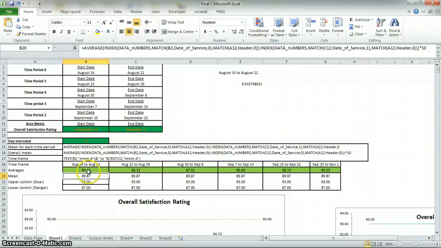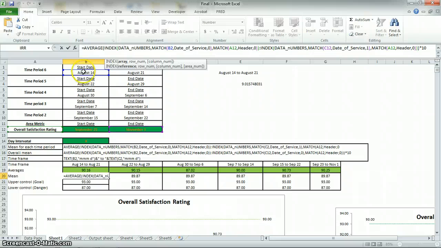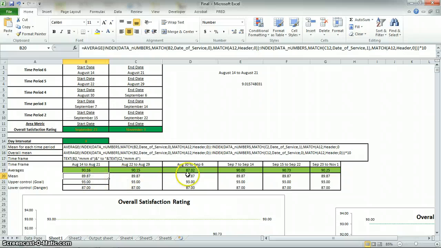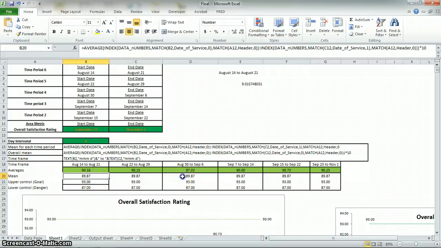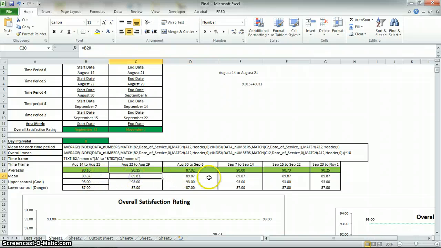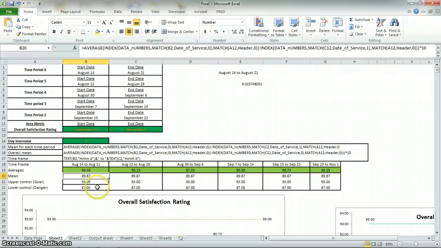Okay, after that we want to find the mean of the entire set of data, so from August 14th to November 1st, or whatever the number is. And so this is going to be the mean for a control chart. These cells here are just going to be equal to the first one. The upper control, you can use